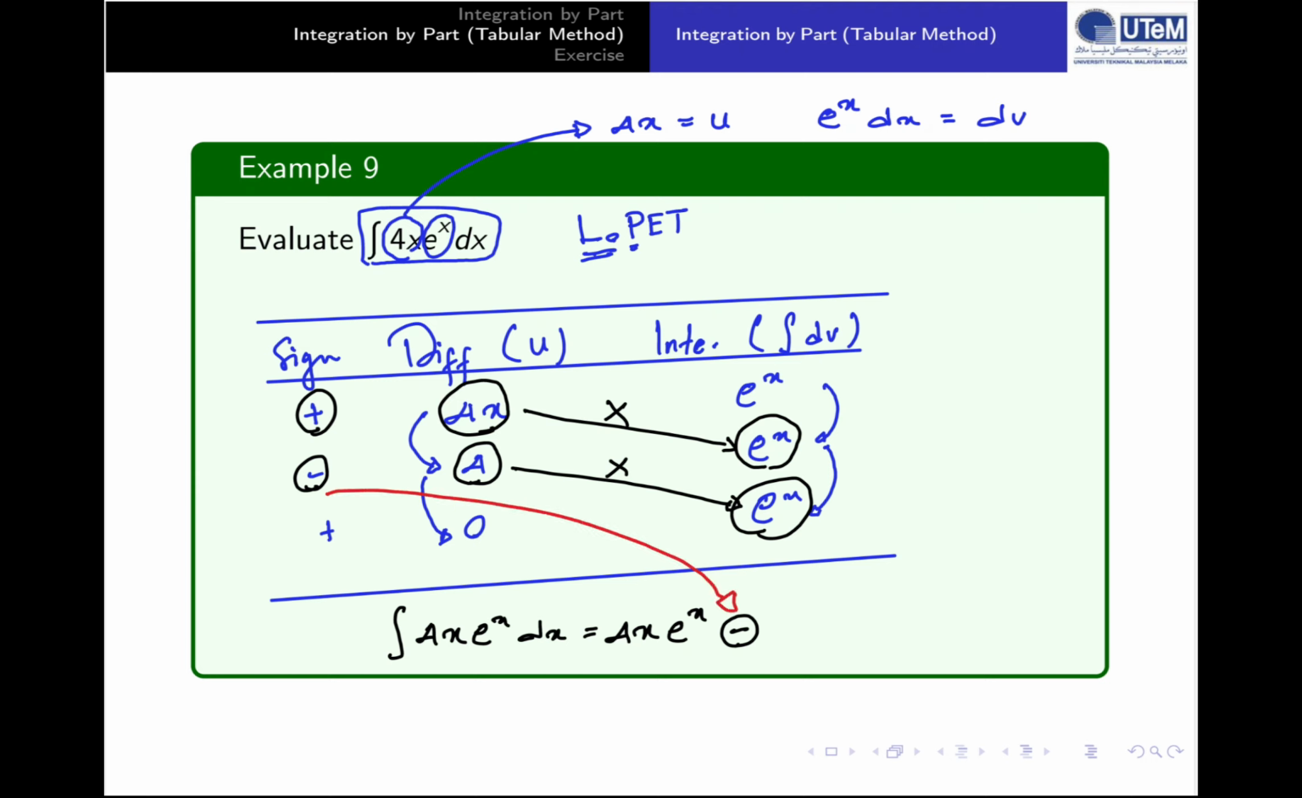Okay, so 4 times exponent x, you can get 4 exponent x, and then plus c. So that is your answer for example 9. Okay, by using the tabular method is much easier. Okay,